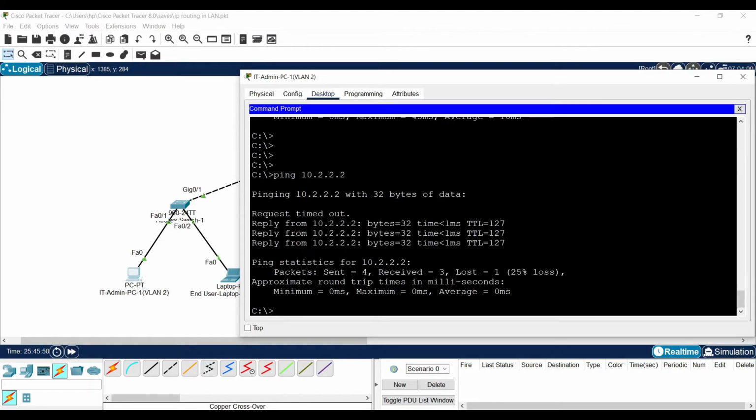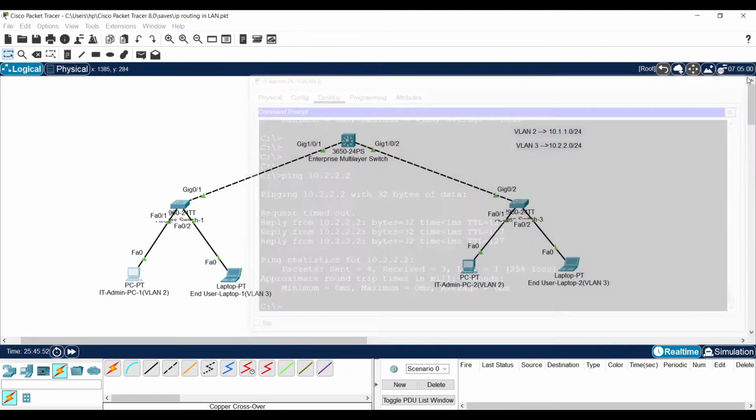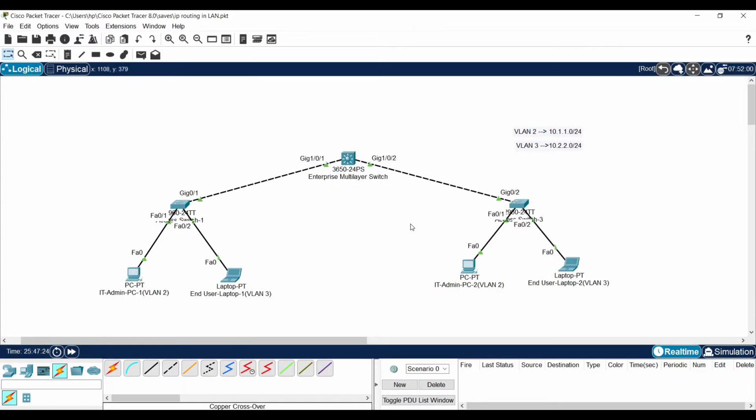It looks fine. Switched virtual interface is working as expected. This is how enterprises use multi-layer switches to create multiple VLANs for their various networks.